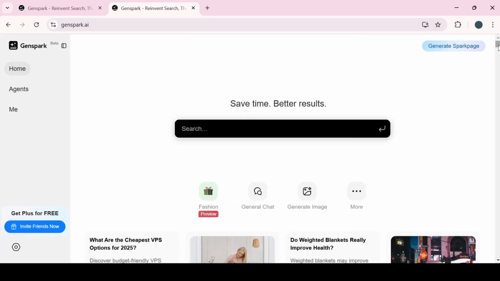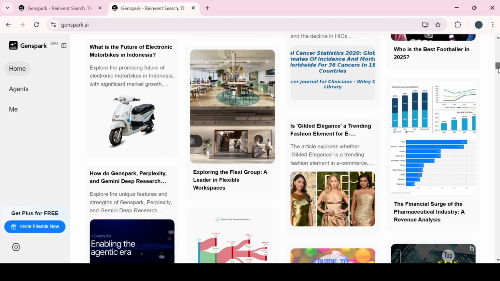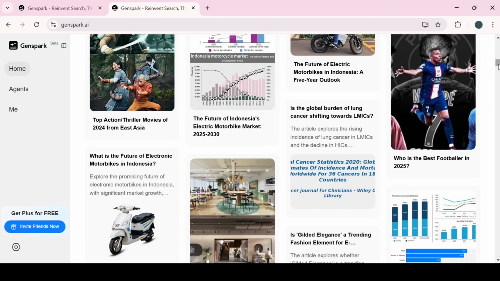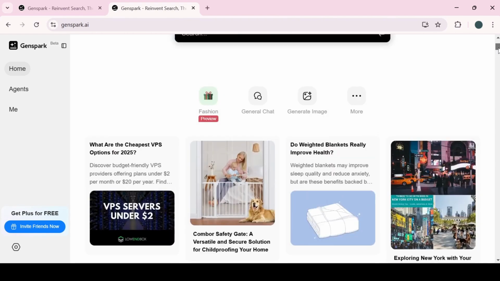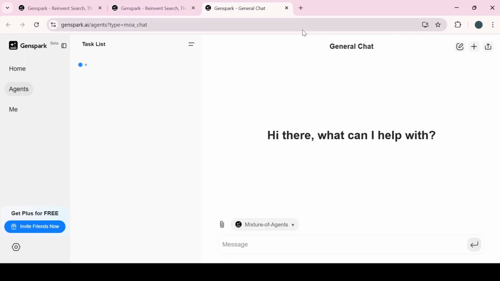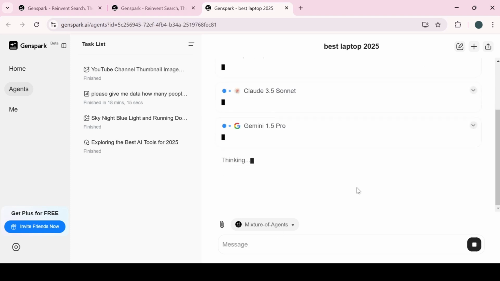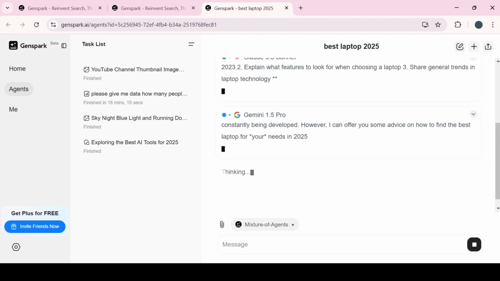So you can see my screen, and here are different types of pages. These are all trending news. And if you want to generate a general chat, you can see here it's like ChatGPT. You can type in, for example, best laptop 2025, and it will be thinking and generate different types of